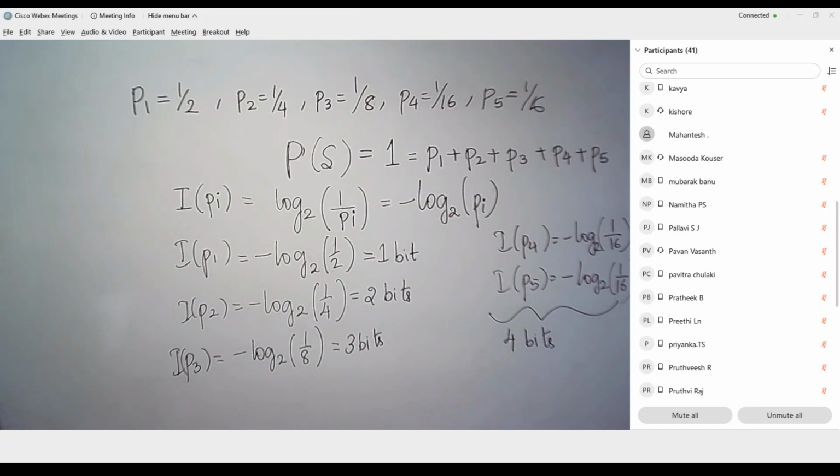Okay. So this is about the information content of one message. Then we need to discuss average information content. The concept of this is going to be a part of your lab tomorrow. So I am going to discuss the theory as well, and we are going to discuss the lab part of the same thing.